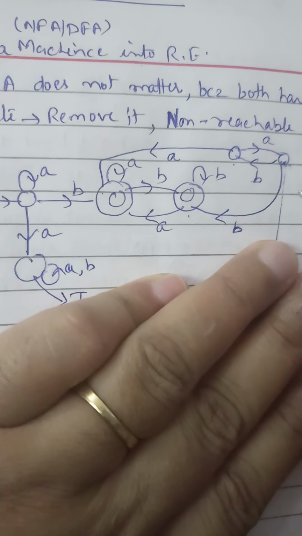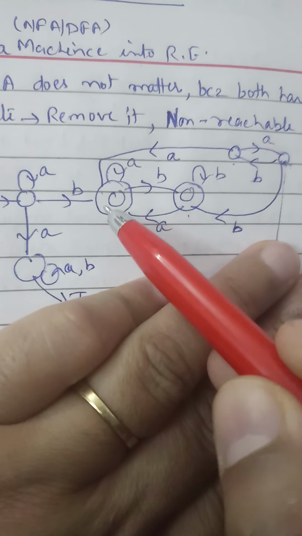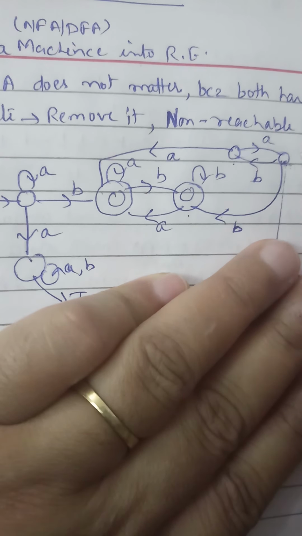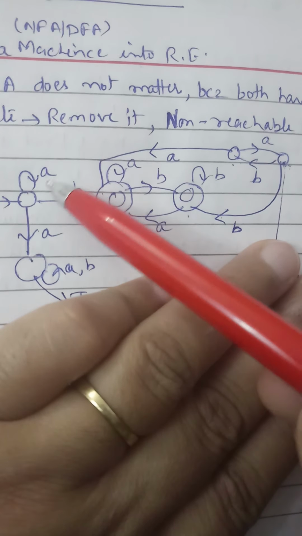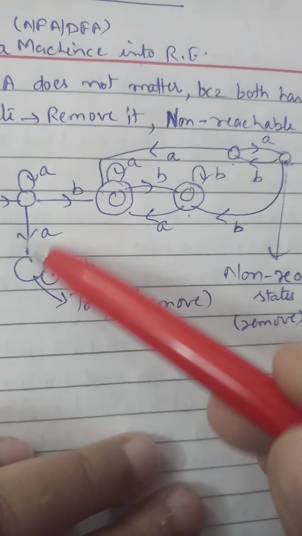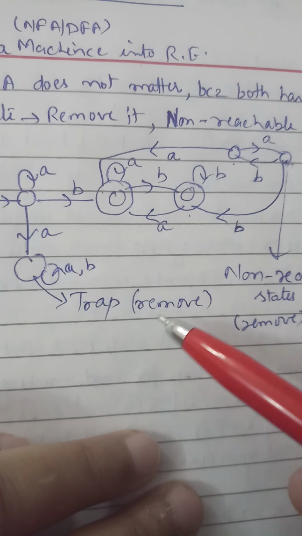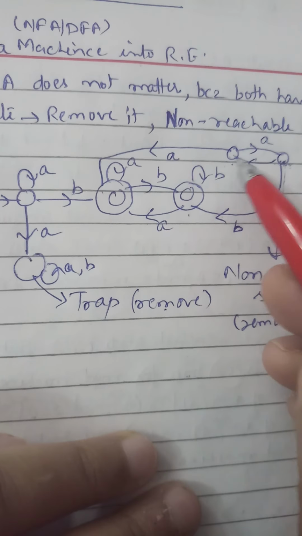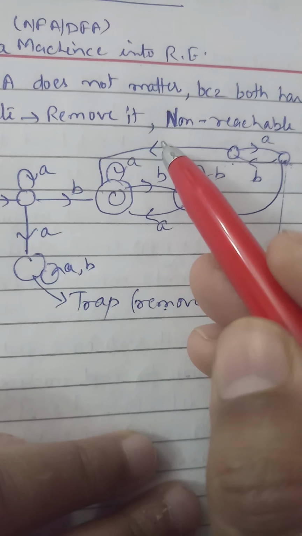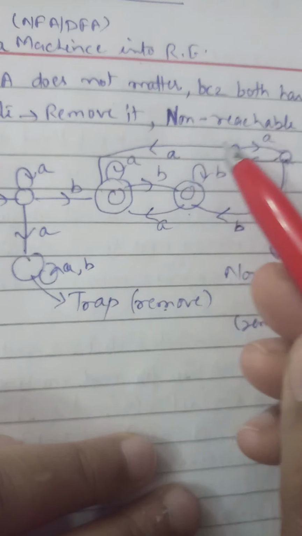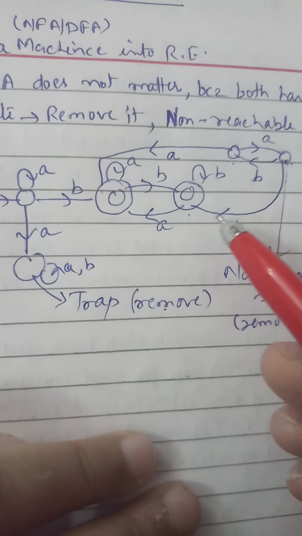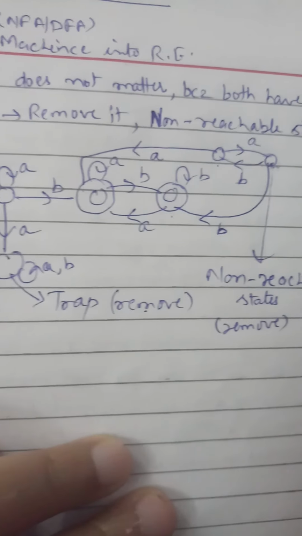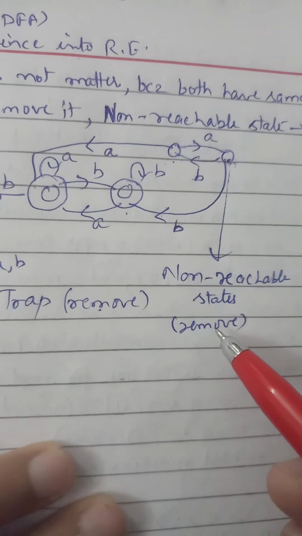and these are the transitions we have. I am just indicating that these are the states only. So we can simply see here that this is not going anywhere, so this is a trap state, so we will simply remove it. And these are non-reachable states, because you can see the direction, we cannot go there, so we will simply remove them.